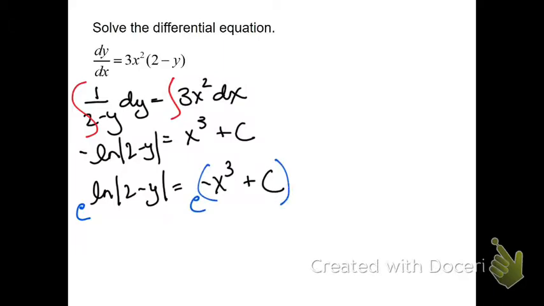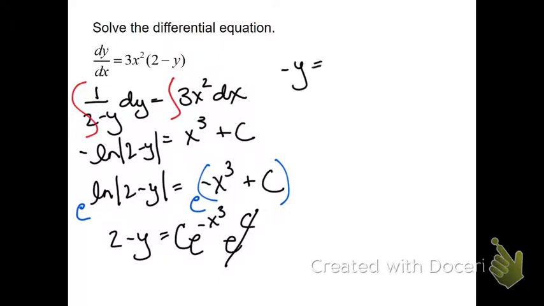And because we no longer have the natural log, we're not going to write the absolute values anymore. So we have 2 minus y equals e to the negative x cubed times e to the c, and you can replace that e to the c with just c. Okay? Now subtract 2 on both sides, and we get negative y equals